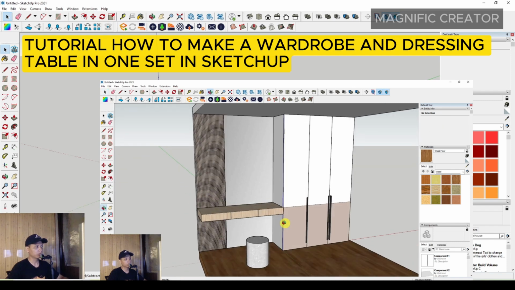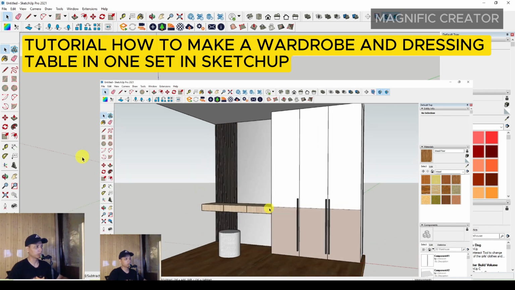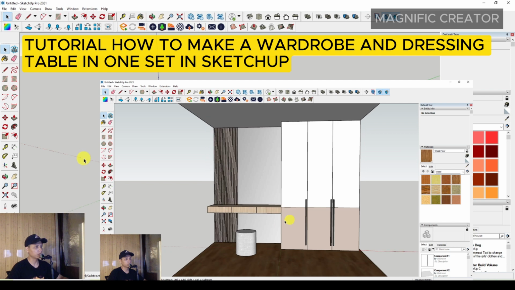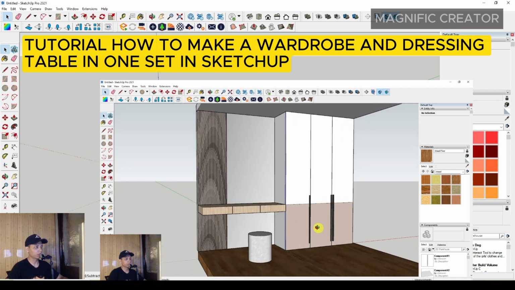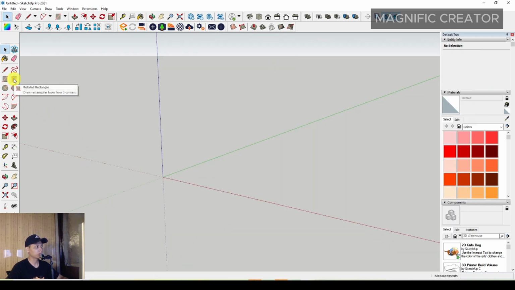In this video, I would like to share with all of you how to make a wardrobe with a dressing table on the left side. First of all, you have to make the basic shape with a rotated rectangle in this menu, and then you have to set the wardrobe size. You can set the value to around